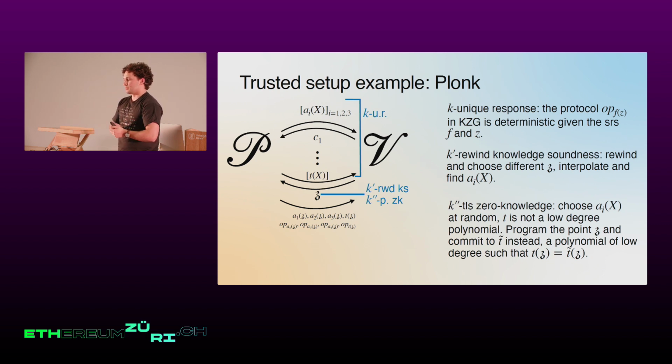So how do we trick the verifier into still thinking that it's a low-degree polynomial? Well, we choose the evaluation point in advance, because the simulator can program that point. And when we know what the point is going to be, instead of committing to the quotient polynomial, which is not a low-degree polynomial at all, we commit to another low-degree polynomial, which agrees on the evaluation at the particular point we've chosen. And when we do that, the verifier is going to accept this proof just because the KZG opening is going to be valid.